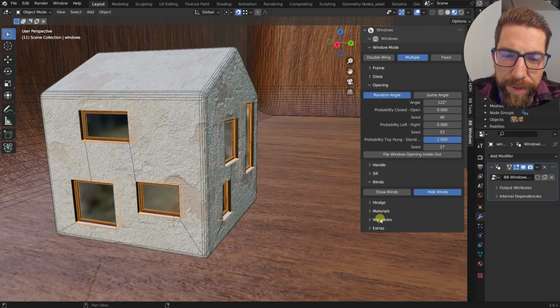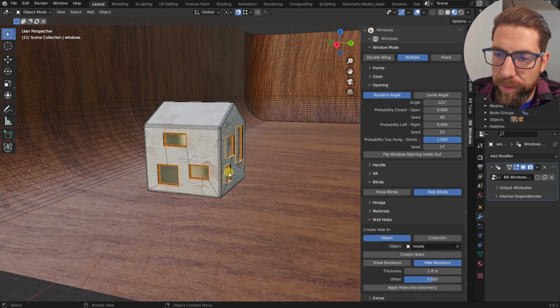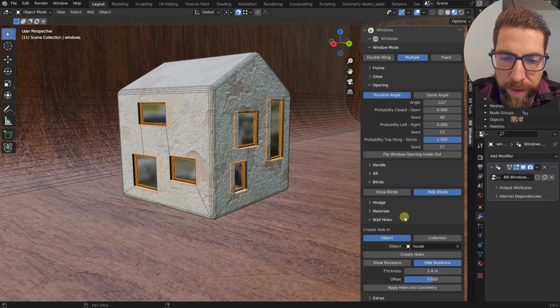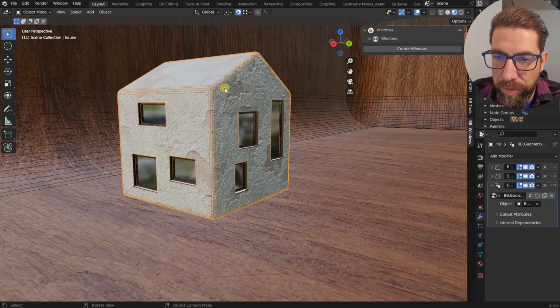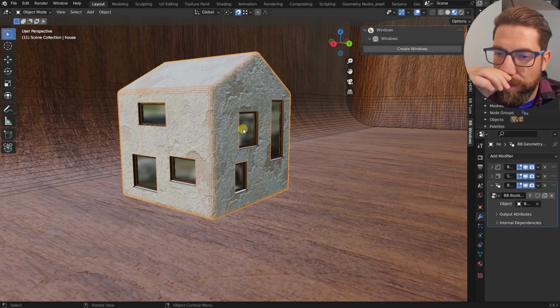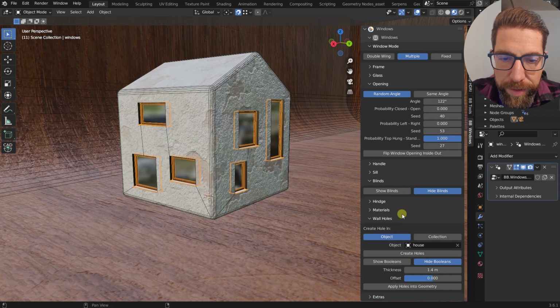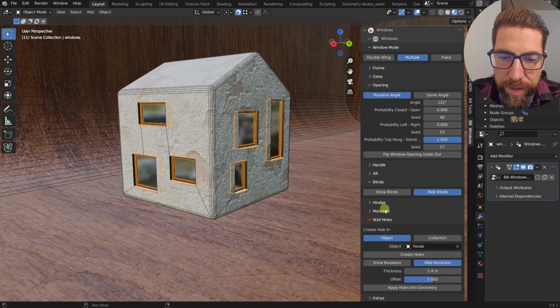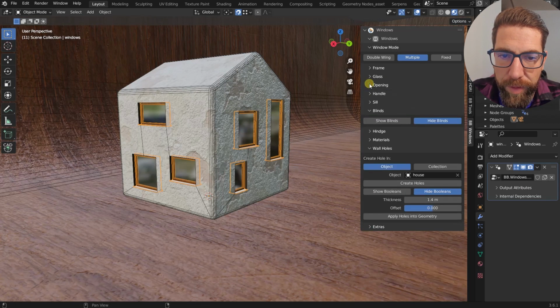Let's just see a bit about these wall holes. Remember, it was the first thing that we did. We created a hole inside the object. We chose the object that was the house. And what happens is, this Boolean modifier gets added to the house object. But you don't need to worry about it because everything gets controlled from this side panel right here. And what you've got here in the wall holes options,